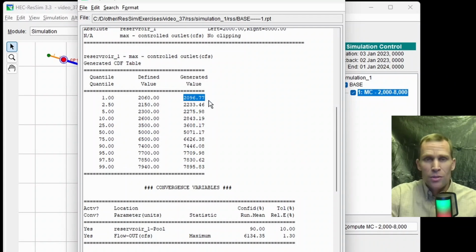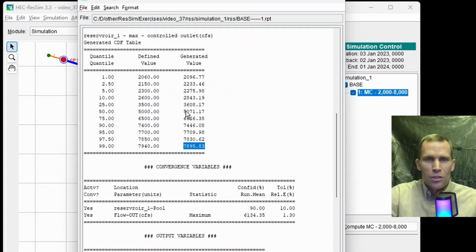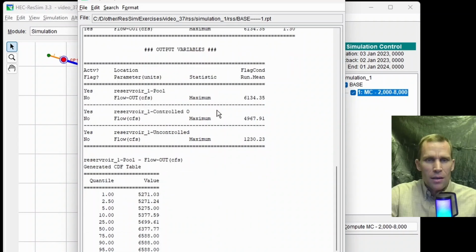That would cause huge releases from the uncontrolled outlet, but then a large allowable maximum release from the controlled outlet of 78.95. That would probably greatly reduce, perhaps down to zero, the required release from the uncontrolled outlet. All right, so we'll return to this table in just a minute because I want to look at the other